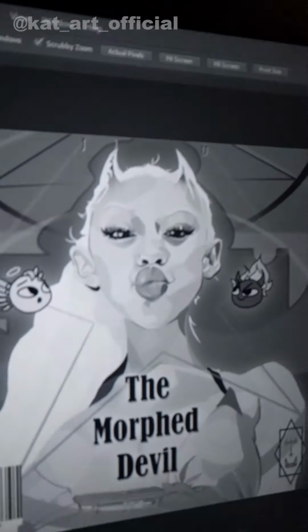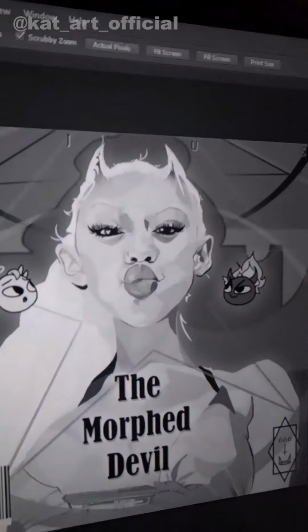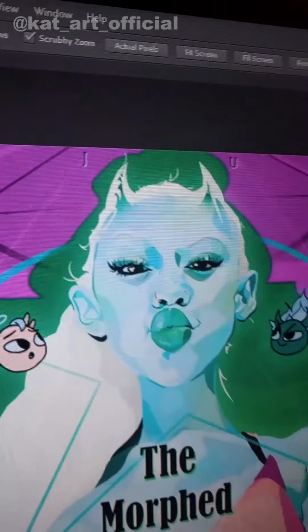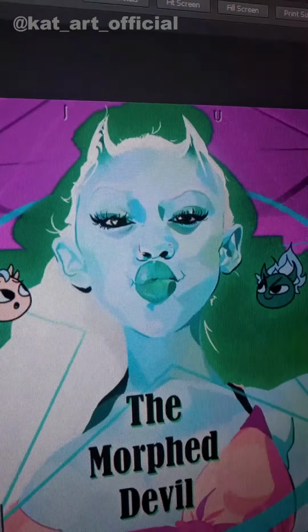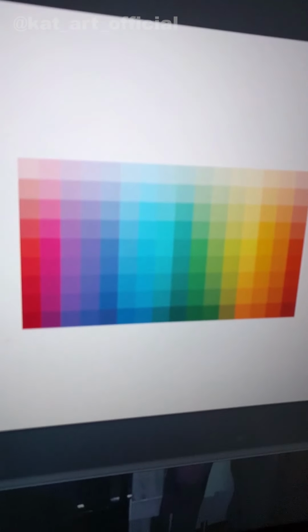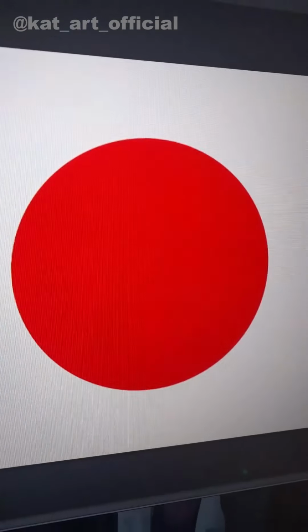So you're coloring your black and white image and you start to wonder, why do my colors look all over the place? Well, because every color has its own value or brightness. It is not the same tone throughout the whole palette. So if you feel that your color, for instance, this red, is too bright, you should lower its value and